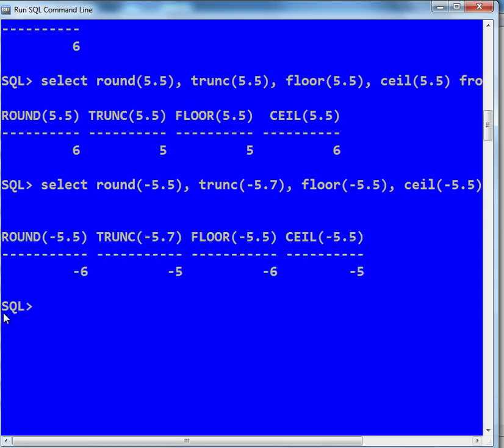In this way, truncate will just cut the values after decimal, round will round it off, floor will go for the lower value and ceil will go for the upper value.